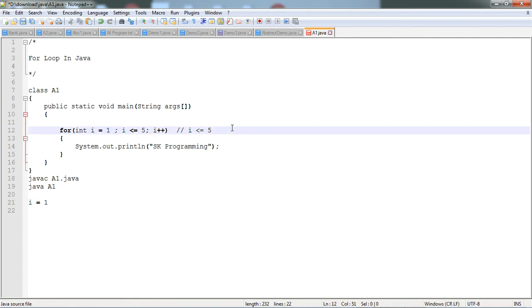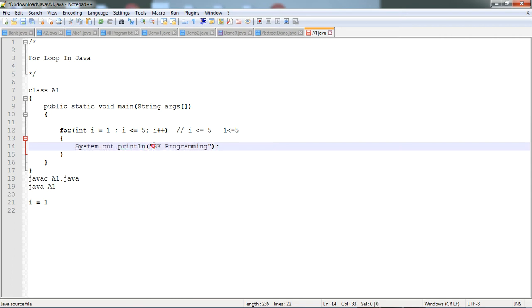So is 1 less than or equal to 5? Is the condition true or false? 1 is less than or equal to 5, so yes, because i is smaller than 5. So after this condition, it directly jumps to the body of the loop. So it found the System.out.println.